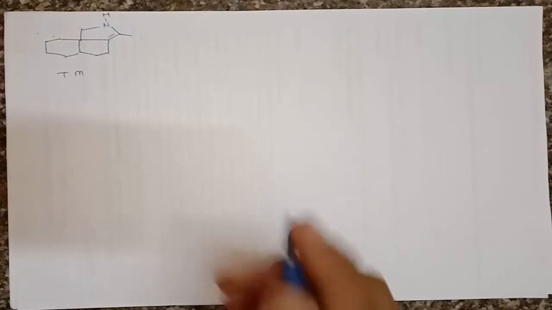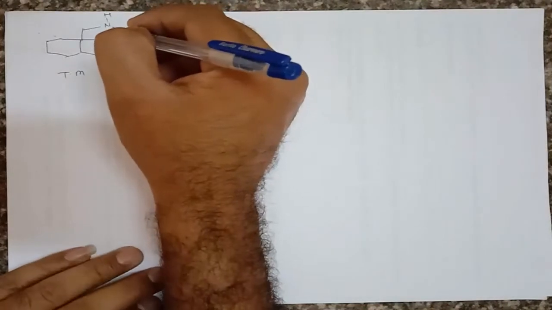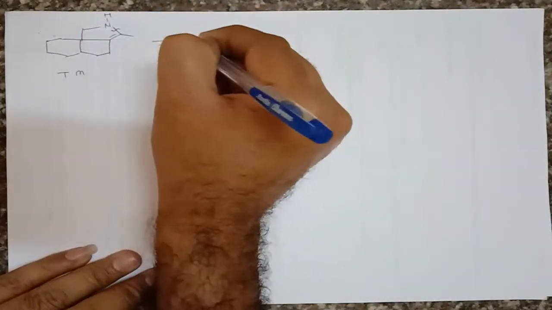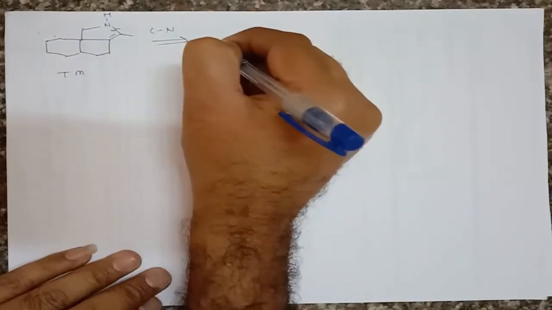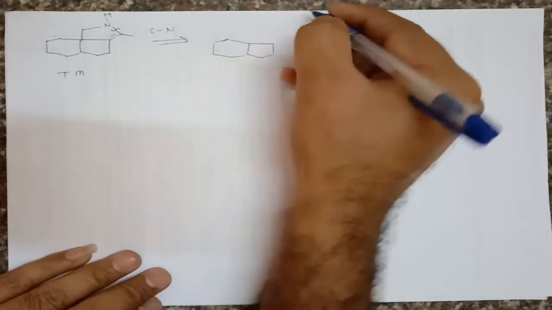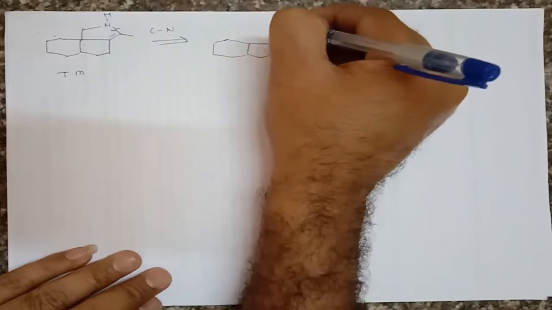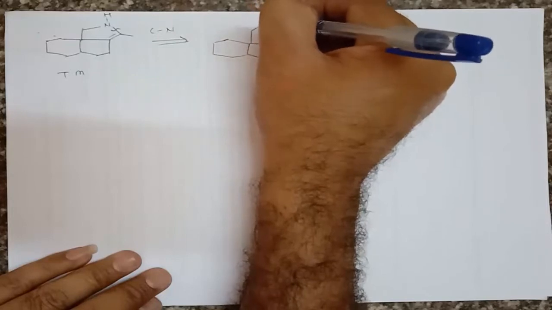Here is one more target molecule which contains a cyclic enamine, and if we want to prepare such type of cyclic enamine, we can break this bond, that means at this position, because it contains a C-N bond, and after breaking such type of C-N bond we can take a ketone from one side and then amine from the other side. So it gives formation of such type of molecules, and here is NH2.